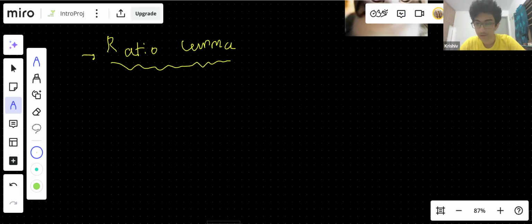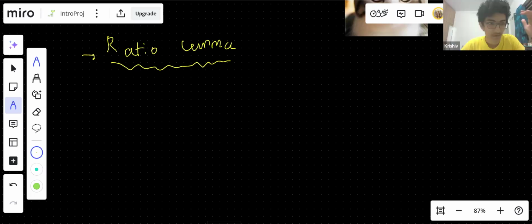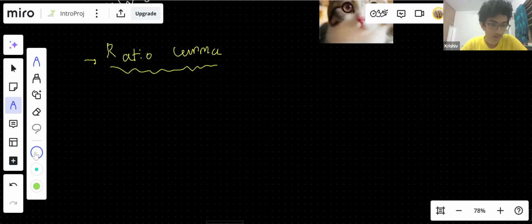So, the ratio lemma. Do people know what the ratio lemma is? The normal ratio lemma, not the trigonometric one. Okay, I'll write it down. So we have this triangle ABC,